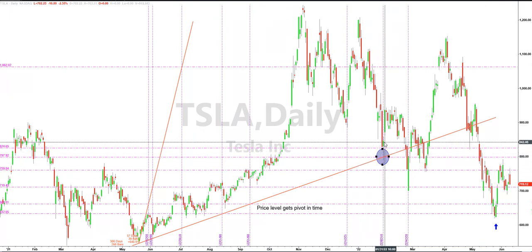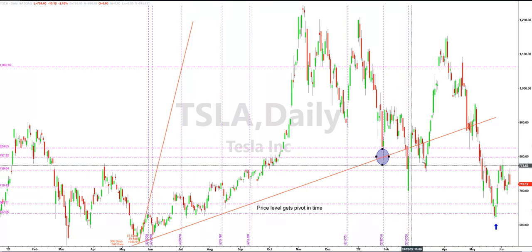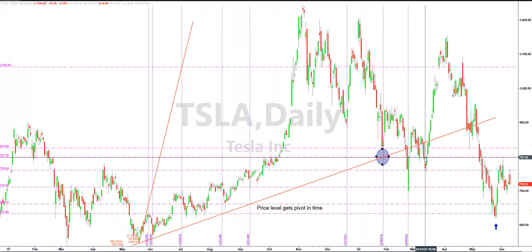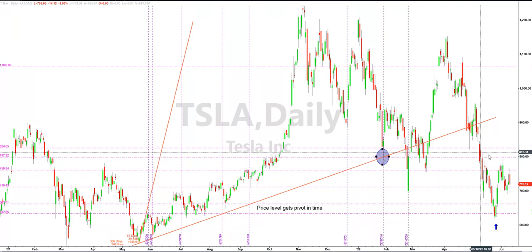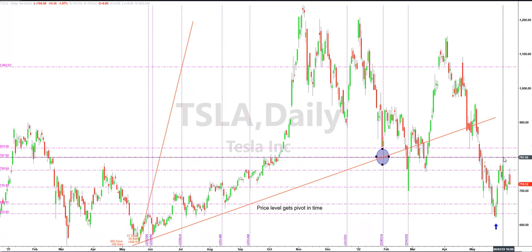Next pivot, I'm going to grab this low here. It crosses the angle right here inside the circle, creating this horizontal line about 799. That was again breached the first time, became a gap point, and then became resistance here and here. We'll do one more,